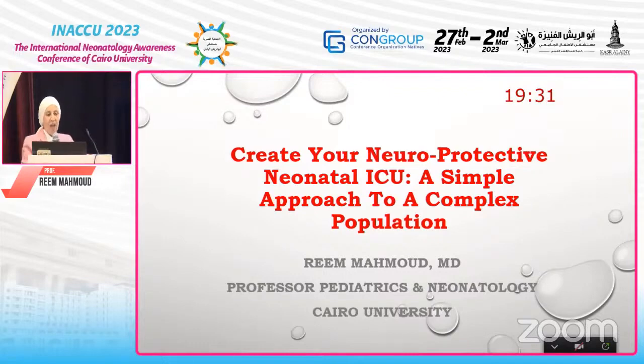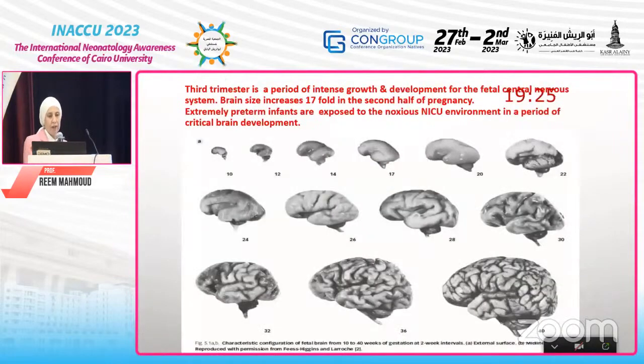How to create your neuroprotective neonatal ICU, a simple approach to a complex population. The third trimester is a period of intense growth and development of the fetal CNS. The brain size increases 17-fold in the second half of pregnancy. So if we compare the brain of a 26-weeker to a 36-weeker, we can see the difference in size,